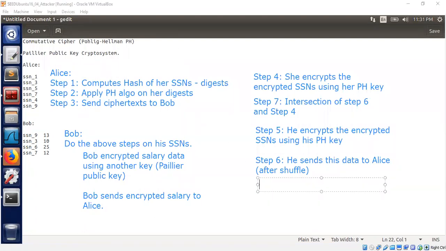Let's see. Alice in the step 8. Okay, Alice computes join, but this join is, remember, on encrypted table, between Bob's social security number and Alice's social security number, and those are also encrypted, but it must be the same because of the commutative cipher. Okay, once that is done,